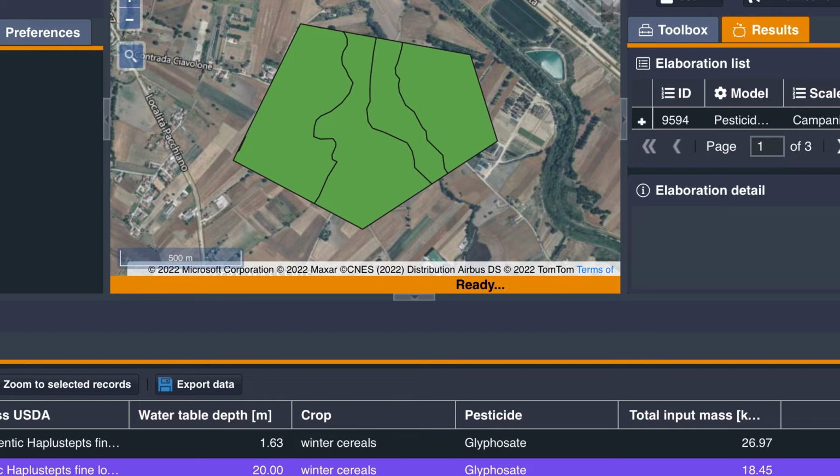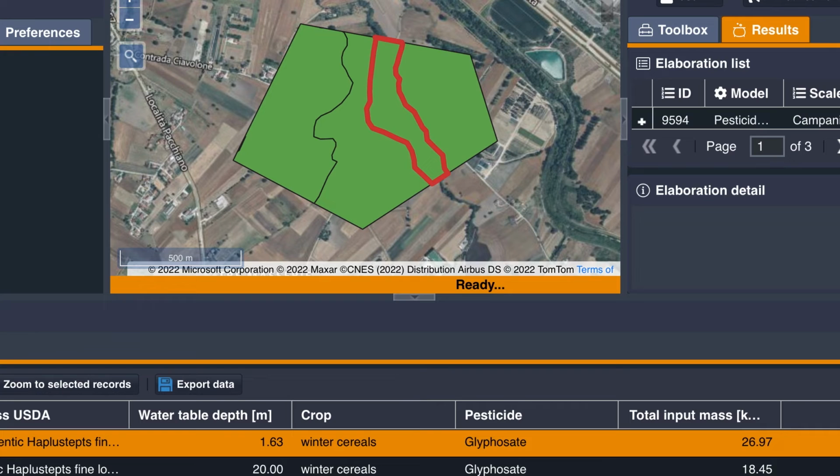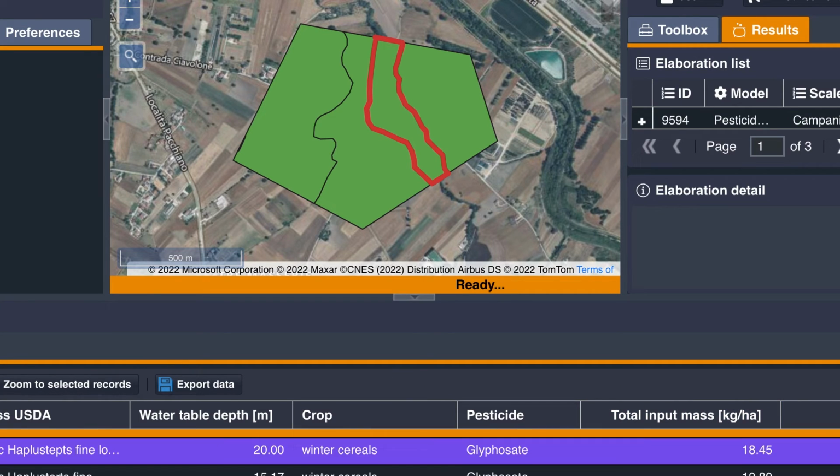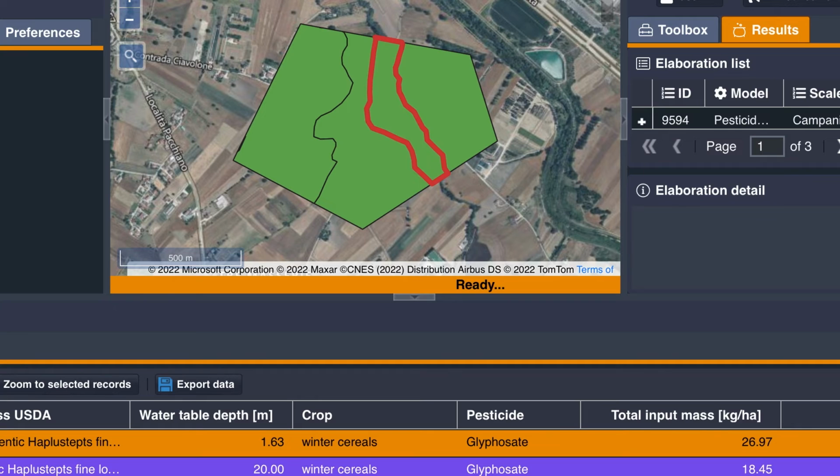Here we have all the results expressed for each soil polygon. In fact, if we click, the soil polygon is selected. And we have information about the water table depth, the crop we chose, the pesticide, the total input mass of pesticide in 1 year expressed as kilograms per hectare, and the output expressed as micrograms per liter. As you can see here, nothing arrives at the groundwater table depth at the end date